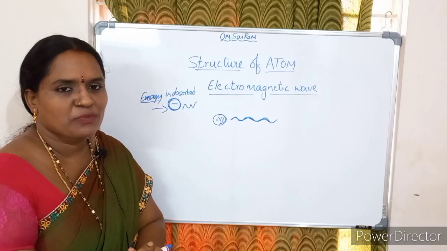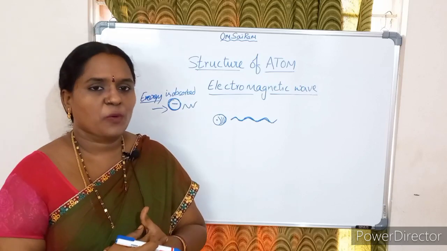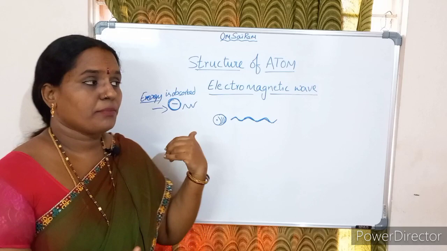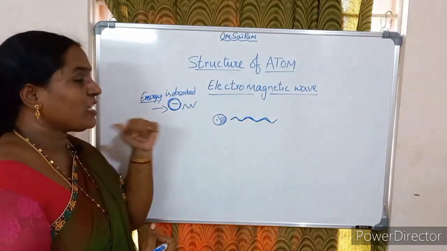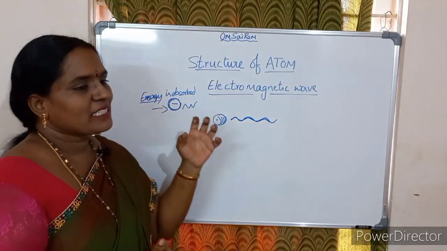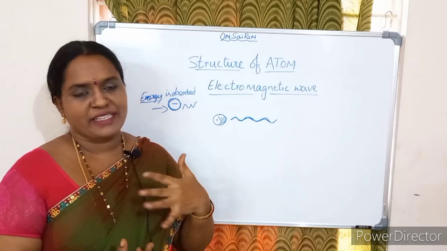Why is cupric chloride producing the green color electromagnetic wave, and why is strontium producing the red color electromagnetic wave? Because the electrons present in them absorb the heat energy. We are heating them. They absorb the heat energy and get disturbed, and finally disturb the electric and magnetic field. Finally we get the color.